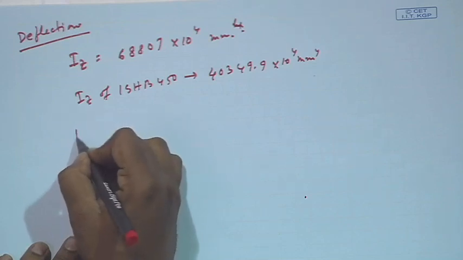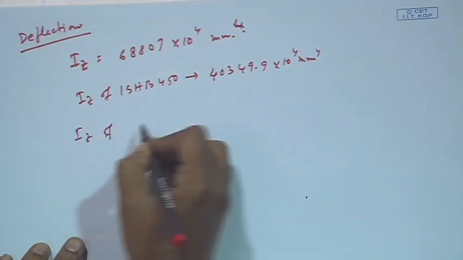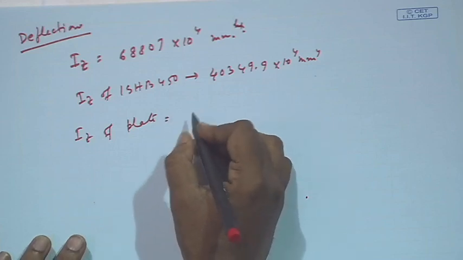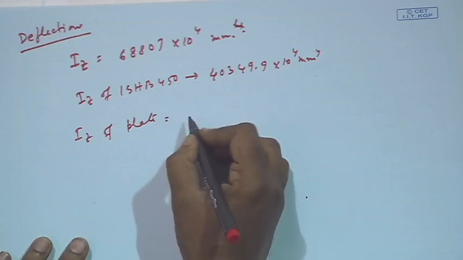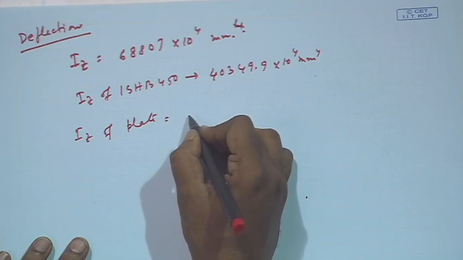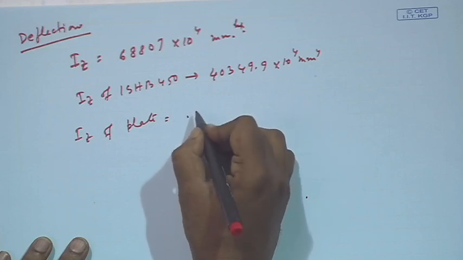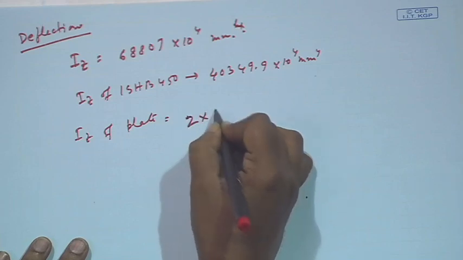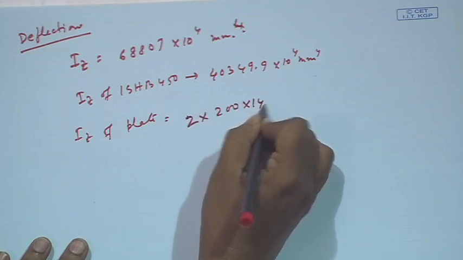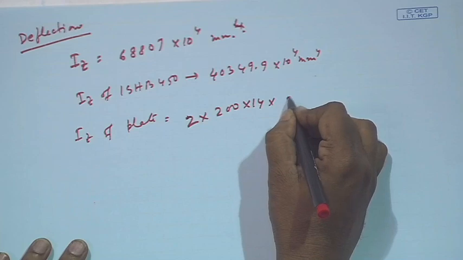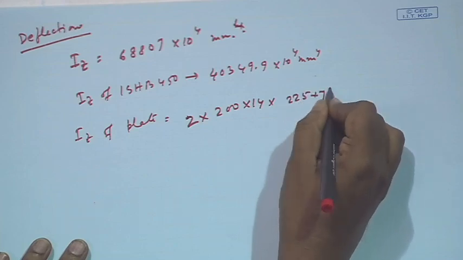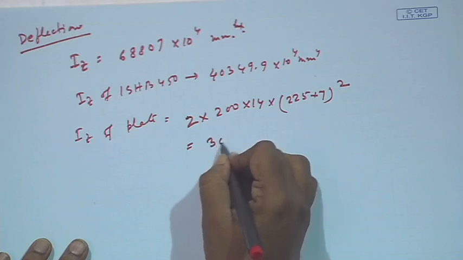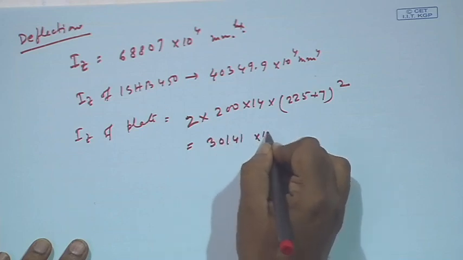So, the I z provided by the plate has to be this one. That is, the I z of the plate will be A r square, say 2 into 200 into 14 into r square, where r means 225 plus 7, right, that is 30141 into 10 to the 4,